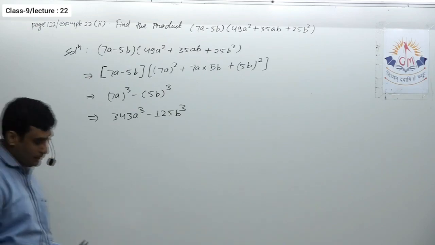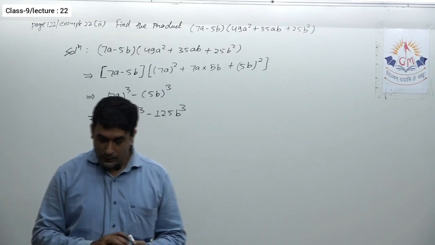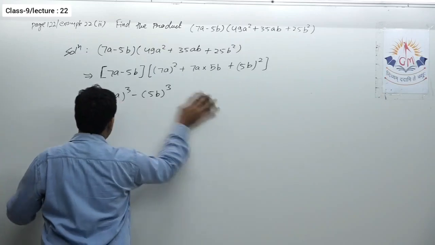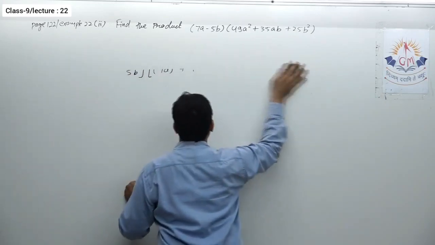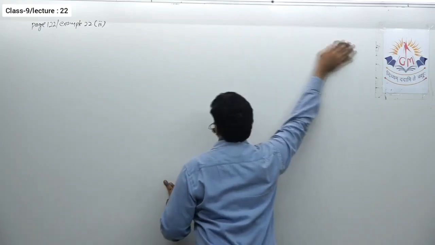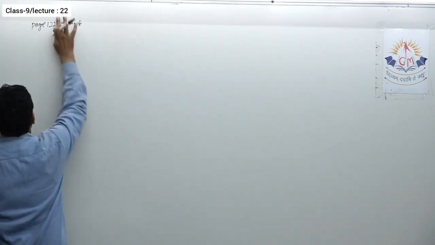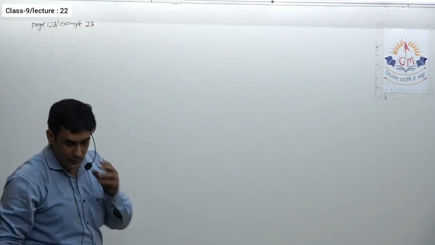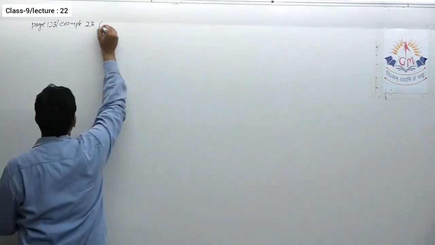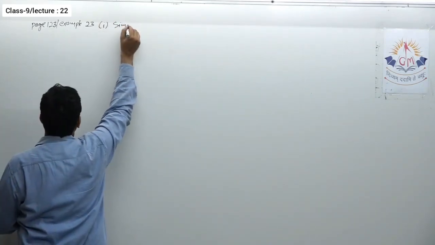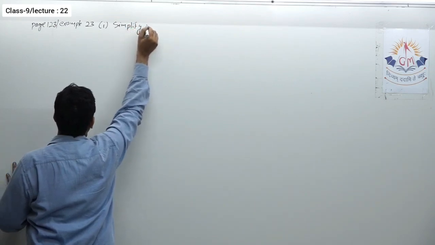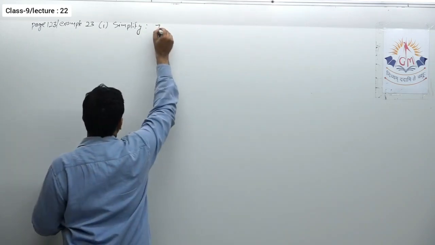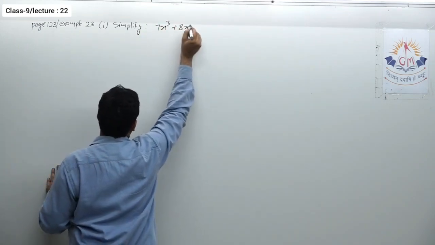Okay, so let us see the next question. Simplify. Again there is a question related to simplify. Page 123, example number 23. Question is simplify the following. So here again we'll see one of this simplify. Question is 7x cube plus 8y cube,